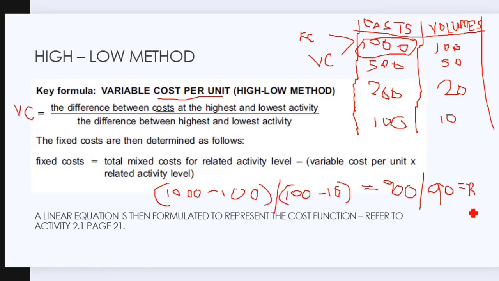Hello? Just want to see if you guys are awake. What's 900 over 90, guys? It's 10. Yes. So now that means that my variable cost is 10 rand per unit. My variable cost. And then inside the question, so you've determined that, you still need to know what's my fixed